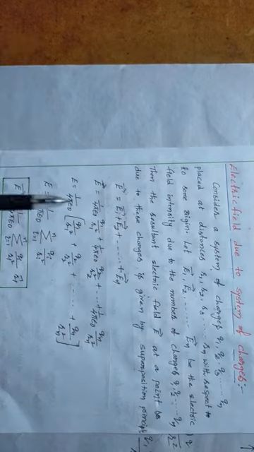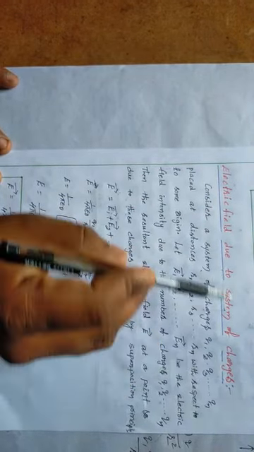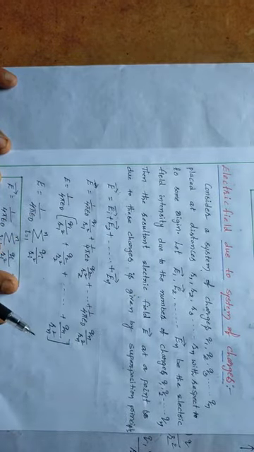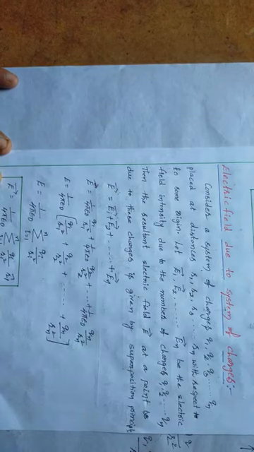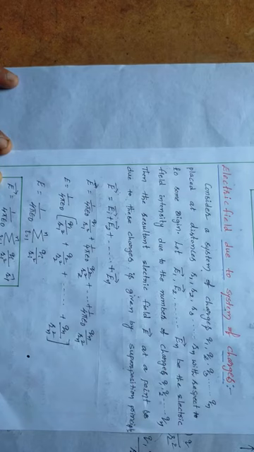The concept is nothing but electric field due to a system of charges. Electric field due to system of charges. Previously we have studied electric field due to a point charge, and thereafter here I am going to study electric field due to a system of charges. Now you just look at here. Here one charge is there. Now see, there are some number of charges. System of charges means we can take n number of charges.